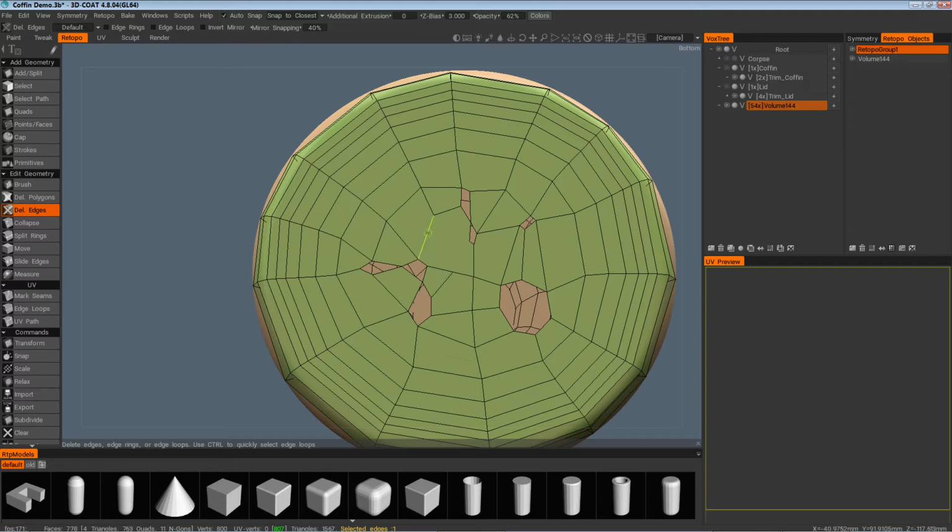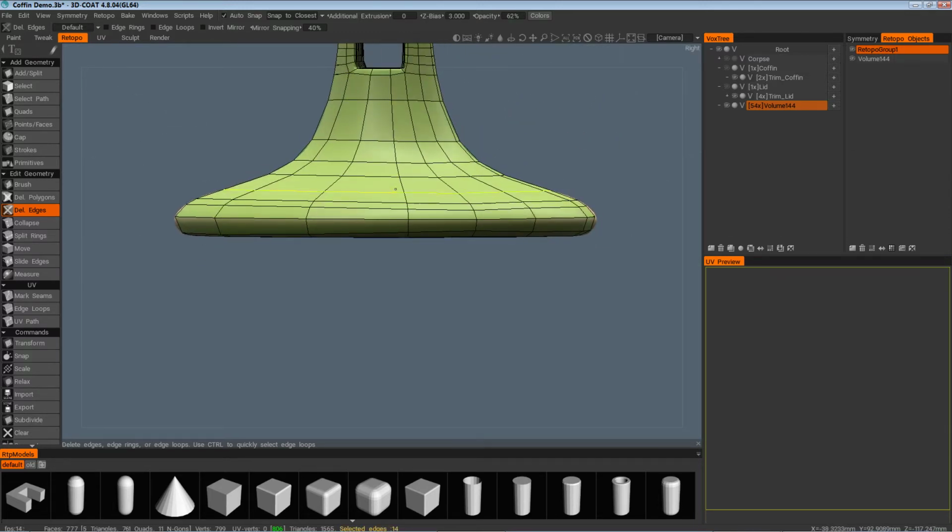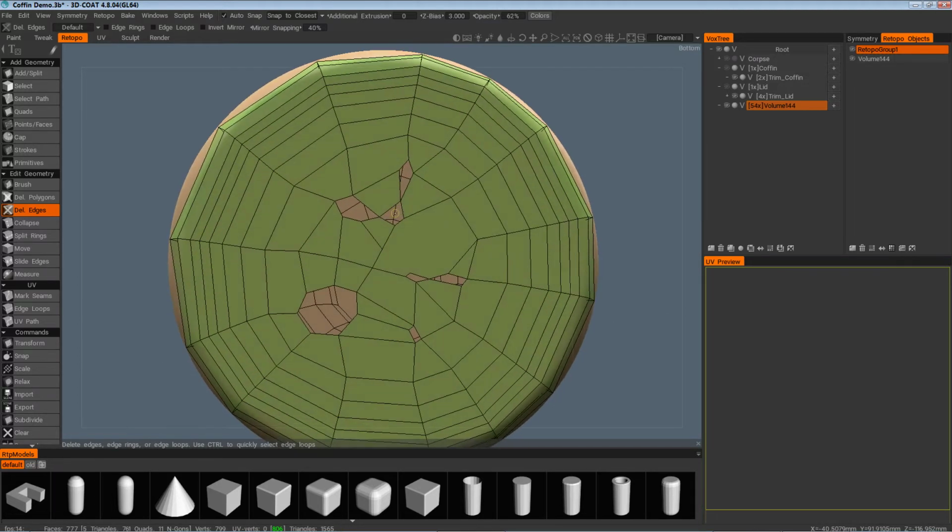I'm not holding down control, because if you hold down control, then you do the line. If you just click with delete edges, you're only deleting one edge at a time, which is a good way to just clear up junk. Just get rid of all this. You can also,